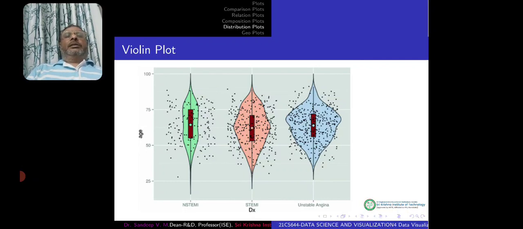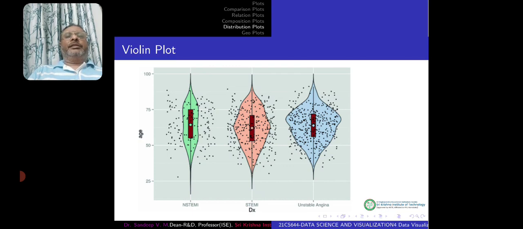So another example of violin plot, you can see that all three, the box plots for all three are almost same. The box plots are shown inside with a dark brown shade. So if you look carefully, almost all the three box plots have similar properties, but still the data is distributed